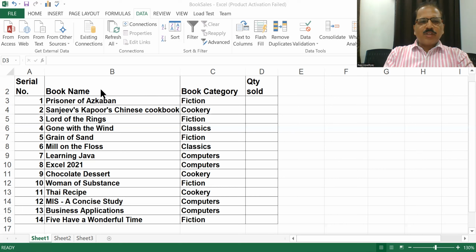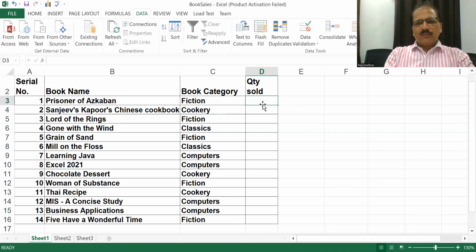This is the data for the first week of the month of August. I have columns like serial number, book name, where we have the name of the book, and the category of the book is defined in the third column,